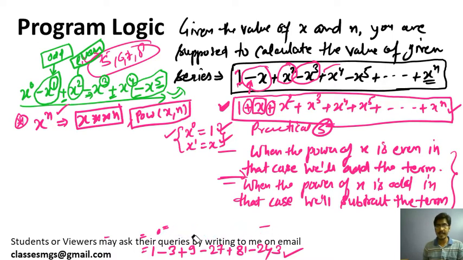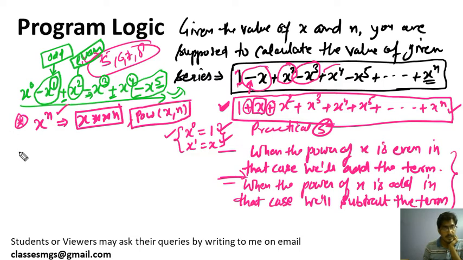So you got the idea how to solve this problem. We will get the code from the last class only, because it will be similar. We will take the x value from the user using the input method, and then you will take the n value from the user. It will also be using the input method.